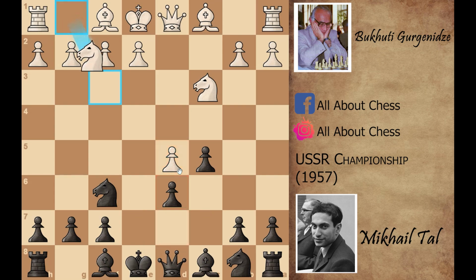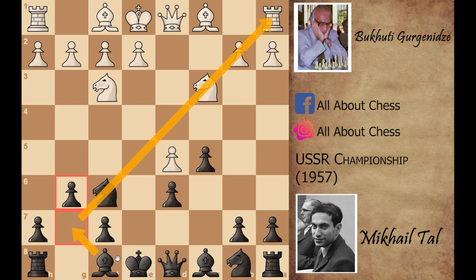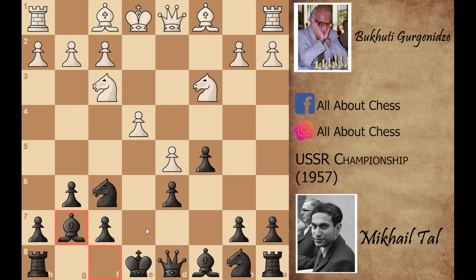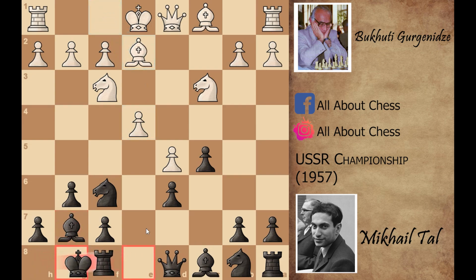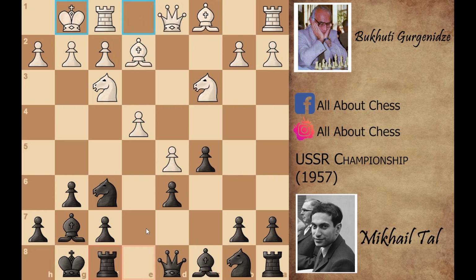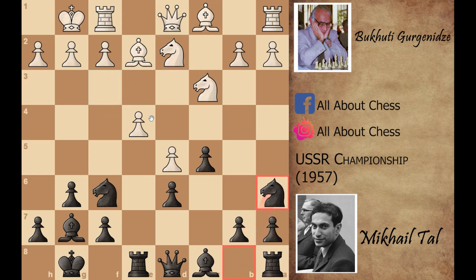So white played knight to f3, g6. Now Mikhail Tal would go with the fianchetto of his bishop, because we know that this bishop doesn't have any future on e7. So e4, grabbing the center, bishop to g7, bishop to e2, and now both players castle on the king side. Rook to e8, placing this rook on the semi-open file and attacking this pawn with the knight and the rook. So white played knight to d2, defending the e4 pawn, knight to a6, because clearly we cannot